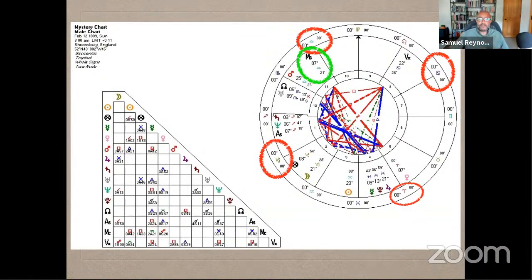And just to be clear, he has a Mars in detriment. He has a moon in detriment. He has a sun in detriment. He has a Mercury in detriment, or actually in fall. He has a Venus in detriment. So he has 5 out of 7 traditional planets that are messed up from the floor up using the idea of essential dignities. And I use this chart as an example of usurping the idea that if you have messed up planets, you're messed up, because this person was not messed up.